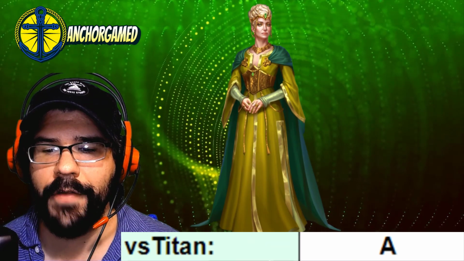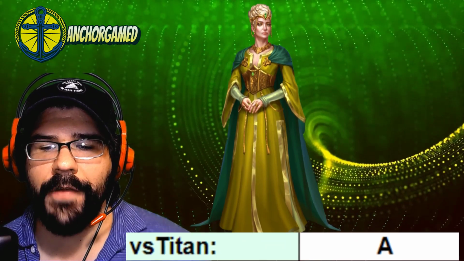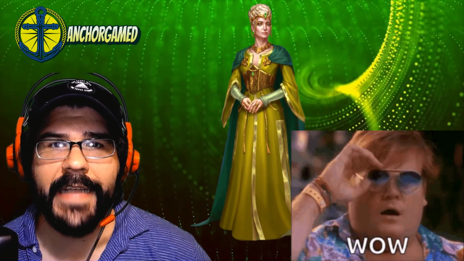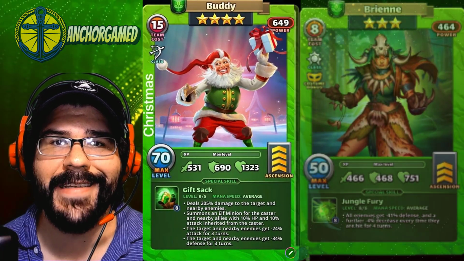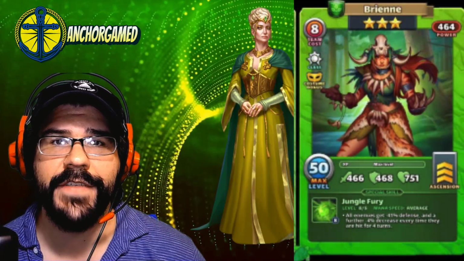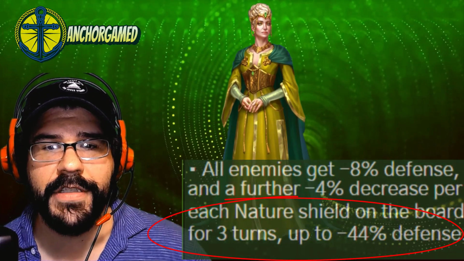When we look at her Titan grade, she is going to get an A grade on Titans. The reason she is going to get an A grade is she gives a 5-star green hero the ability to give defensive down, which we don't have yet. Before we were using Buddy or even possibly Breen costume to fit into that regular defensive down slot. So she is a 5-star hero that can give up to 44% defense for up to 3 turns,